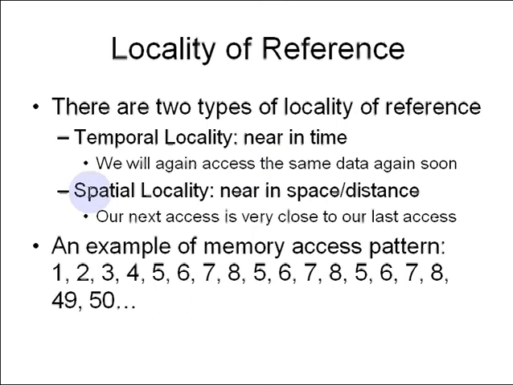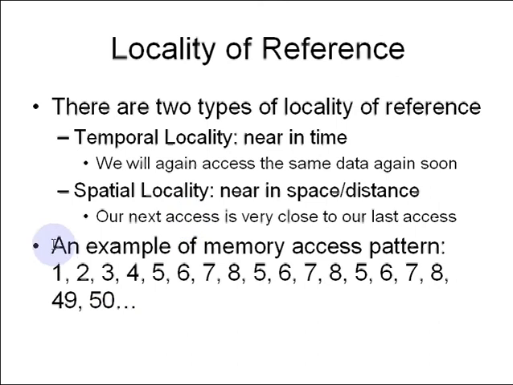And what spatial locality of reference states is that if I access a particular memory address, then it's very highly likely that I will be accessing other memory addresses close to that address in the near future. To explain that point, let us say I access memory address 0, then it's most likely that I will be accessing 1, 2 or 3 or other addresses nearby to 0 in the near future. That's because programs are executed in a sequential fashion.